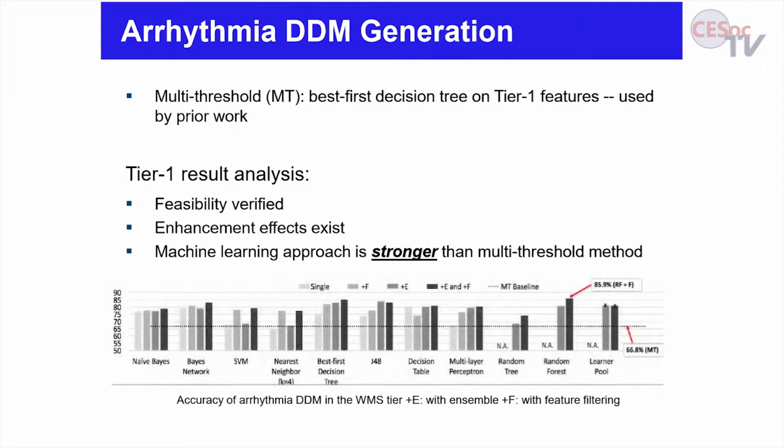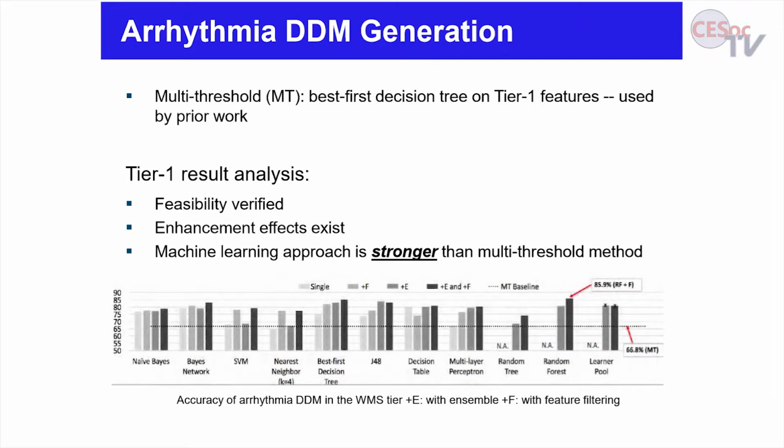The second bar assumes that now you've done filtering to reduce the number of features. The third bar in each group refers to the case where you also have a meta-learner, some ensemble method, and the fourth bar combines all of them. If you look at all these different combinations, the random forest wins with about 86%. And this horizontal bar tells you what accuracy you'll get if you just use a threshold method, which is about